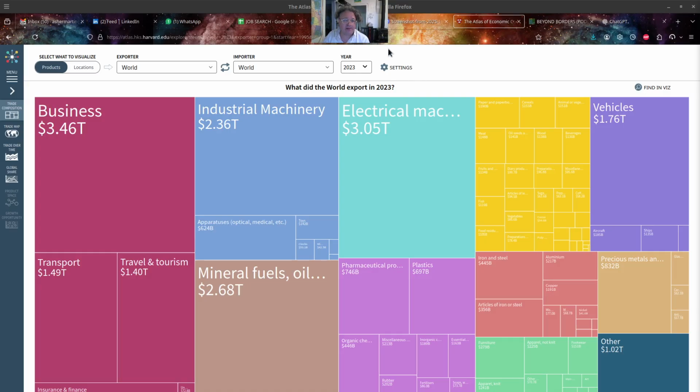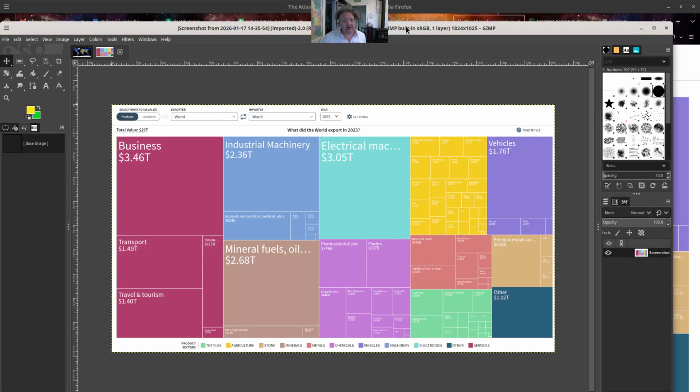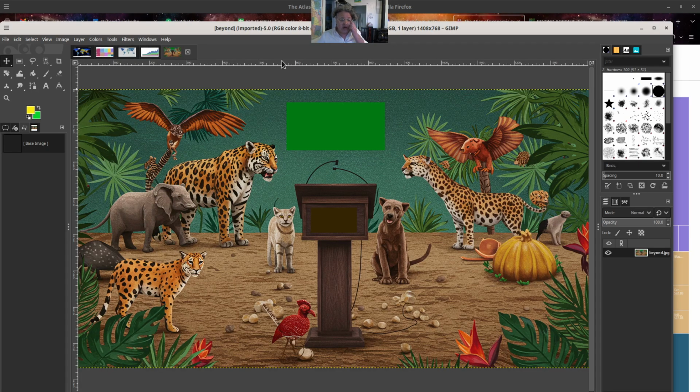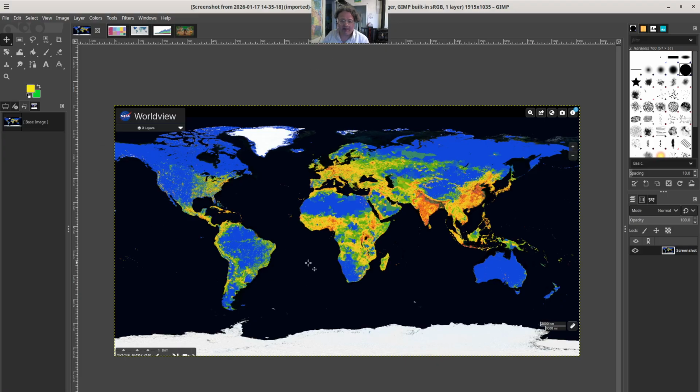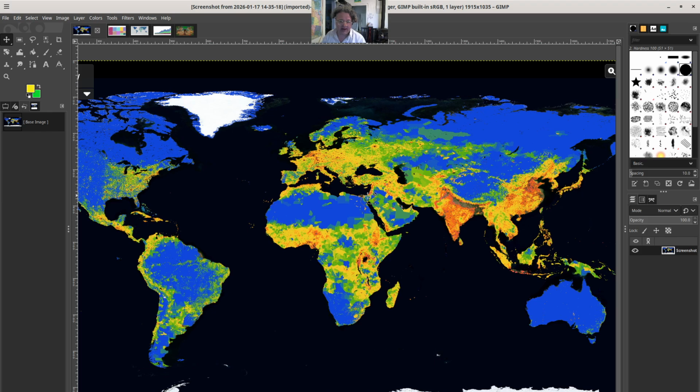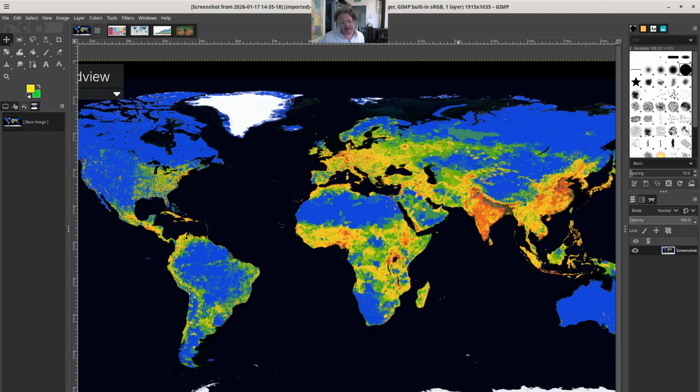So we want to look at a couple different maps today. I'm going to load these up with GIMP. If you're not familiar with this GIMP software, it's pretty cool. It's an open source tool to draw diagrams out on and stuff like that. So we're going to start by looking at the population centers of the planet. This is a NASA Worldview diagram showing just about all the population of the planet. It's kind of hard to get it all in one screen, so you have to zoom in a little bit. But this will give you an idea of some of the projects that we're going to try to do with this